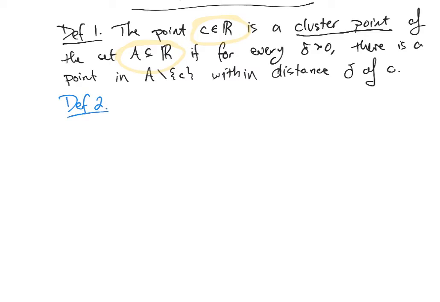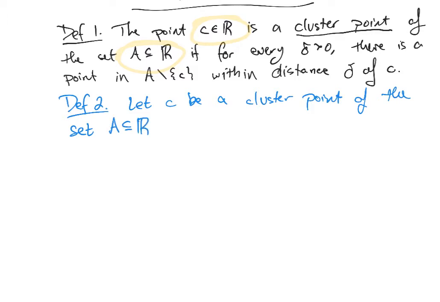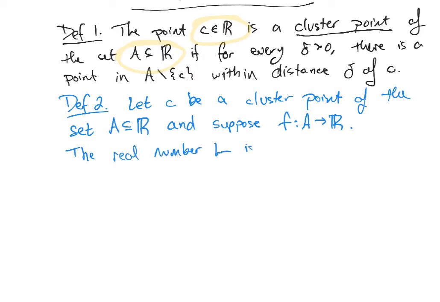The definition of a limit. So, let C be a cluster point of the set A in R, and suppose f maps from A to R. So A is the domain of this function f, and C is a point that we can approach from within A. Then we say the real number L is a limit, although we did prove last time that limits are unique, so we could use the word "the" there, really. It's the limit of f at C